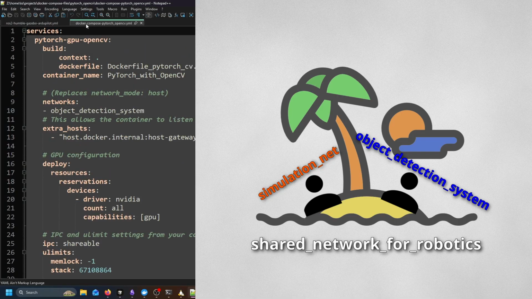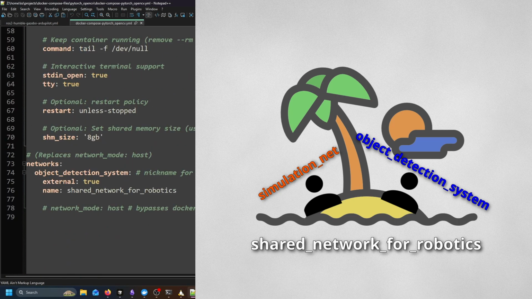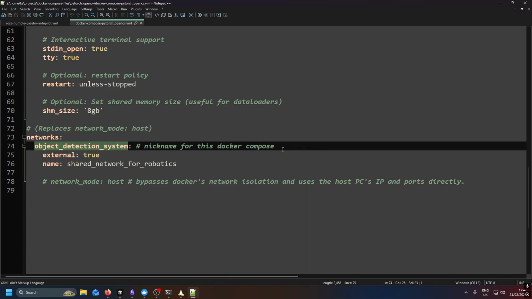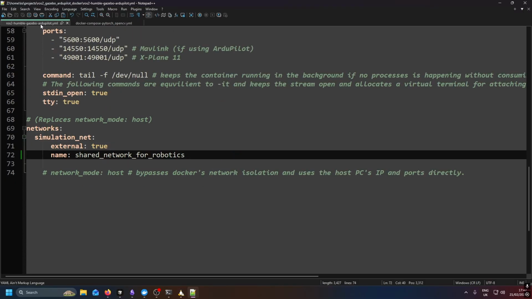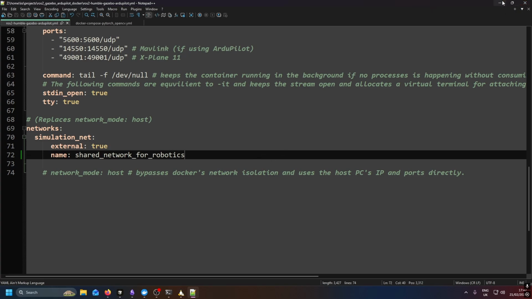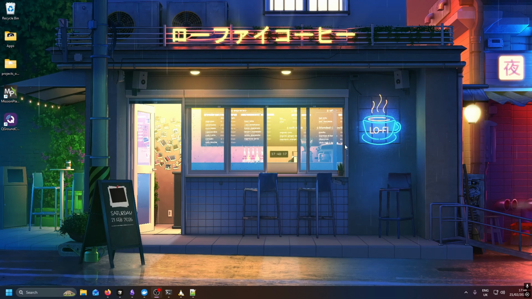So let me show you the other Docker container then, running my object detection. So different nicknames, okay, and then the same name for the network, right? Network name, and then nickname for this certain container. Okay, now we've got this out of the way. There is another thing we do need to do now then. Let's put this aside here. Okay, so what we need to do now is to grab the IP address of the other Docker container that